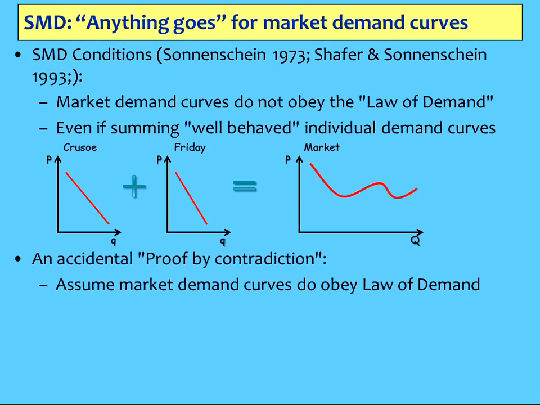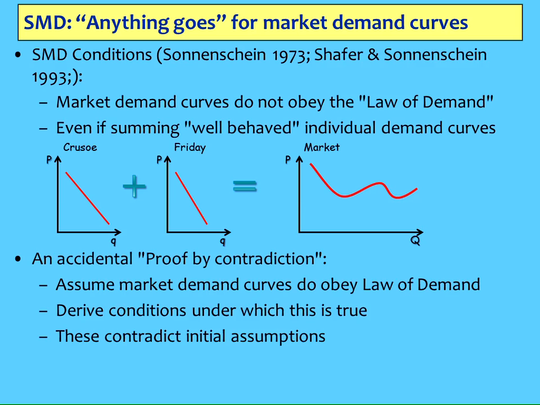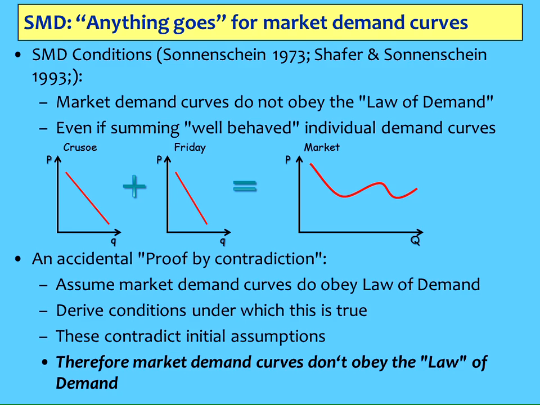So here, let's go through it from the point of view of proof by contradiction. They start by assuming the market demand curves do obey the law of demand. And they then derive the conditions under which that's true. And those conditions contradict the initial starting point of assuming you have two consumers with different tastes consuming different commodities. So that's what it really is. It's proof by contradiction that market demand curves don't obey the law of demand. And therefore we should have a totally different way of analysing markets than neoclassical theory does for micro, let alone